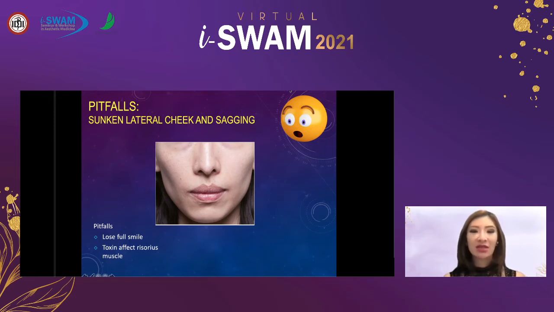Actually, it was because of the sagging of the skin due to the reduction of the volume beneath the skin. Of course, if you have nothing to hold the skin underneath, the skin will fall down